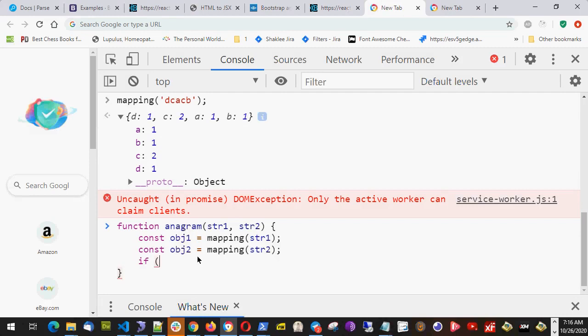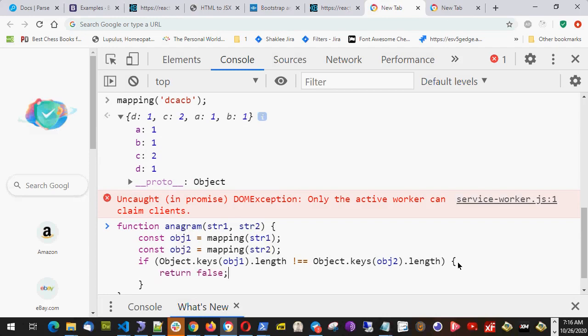Here I will say if Object.keys(object1).length is not equal to Object.keys(object2).length,